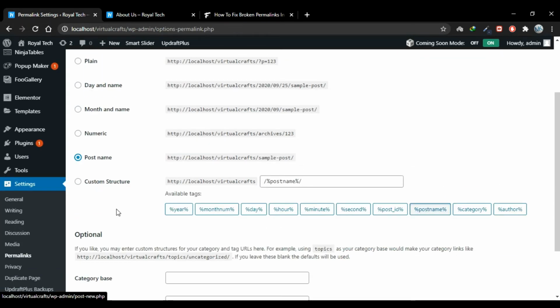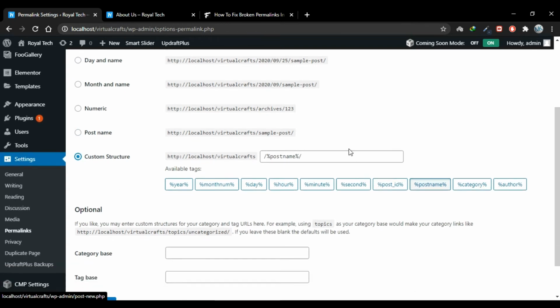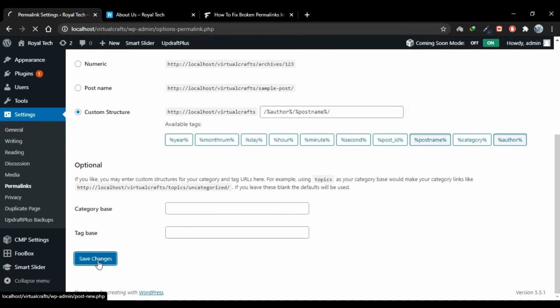Okay, now you can create custom permalink structures too, and you have two ways for that. One is you select this radio button and choose your custom structure from here. For example, you want to show the name of the author and then the post name. Simply click this author button and it will add the author and then the post name. Save the changes,